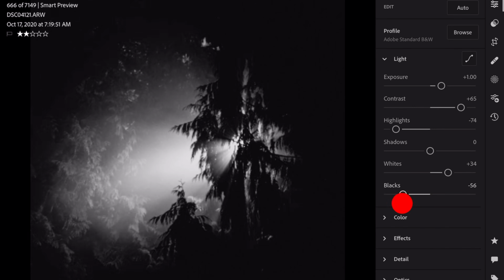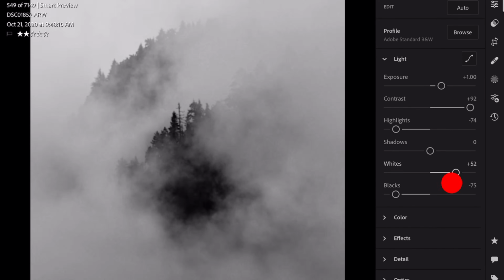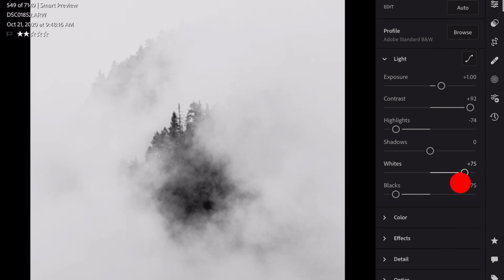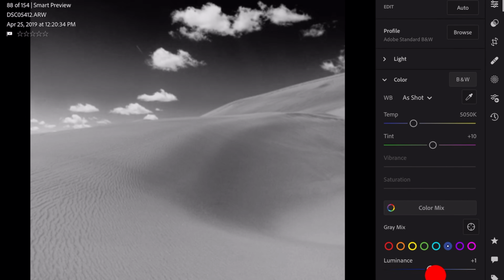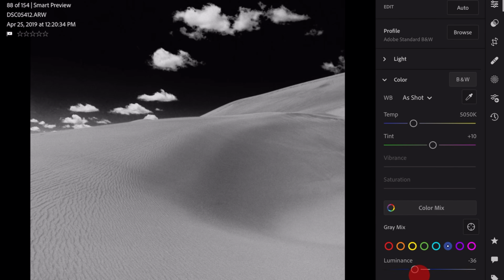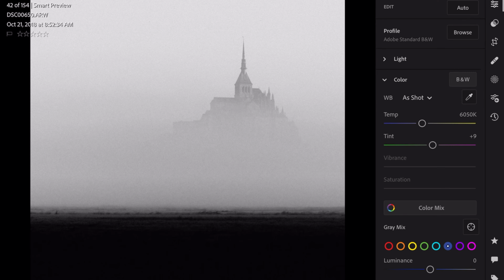Depending on the scene, I increase the contrast, I increase the clarity. If I'm going with a low-key image, I take that black slider all the way down. If I'm going with a high-key image, I turn those whites all the way up. And then again, depending on the image, I might play with the colors independently. Usually with the blues, I might darken the sky, just taking the blue slider down. Or I might want to create some haze, just taking those blues all the way up, so I create a high key image that way too.